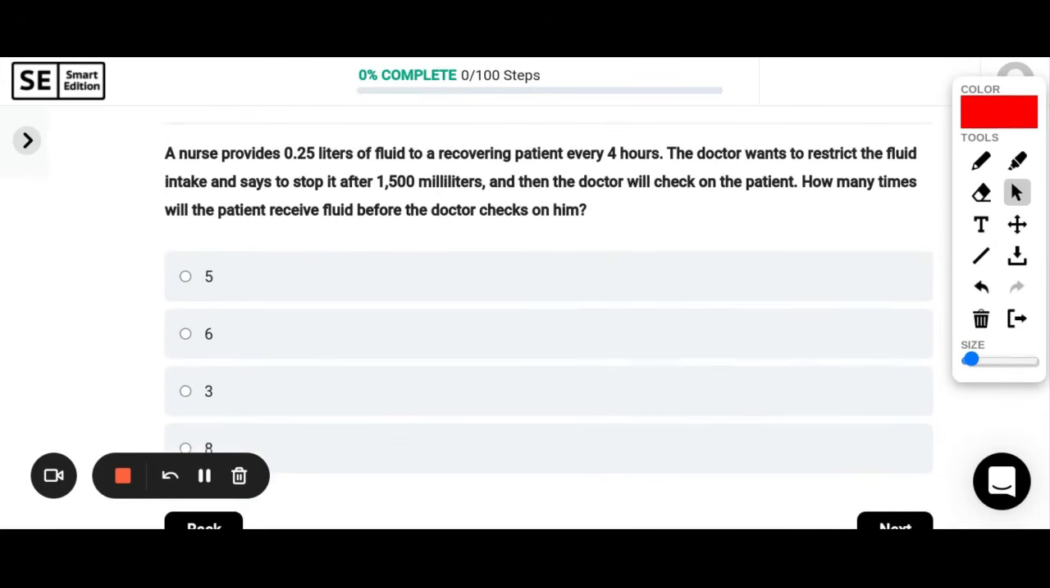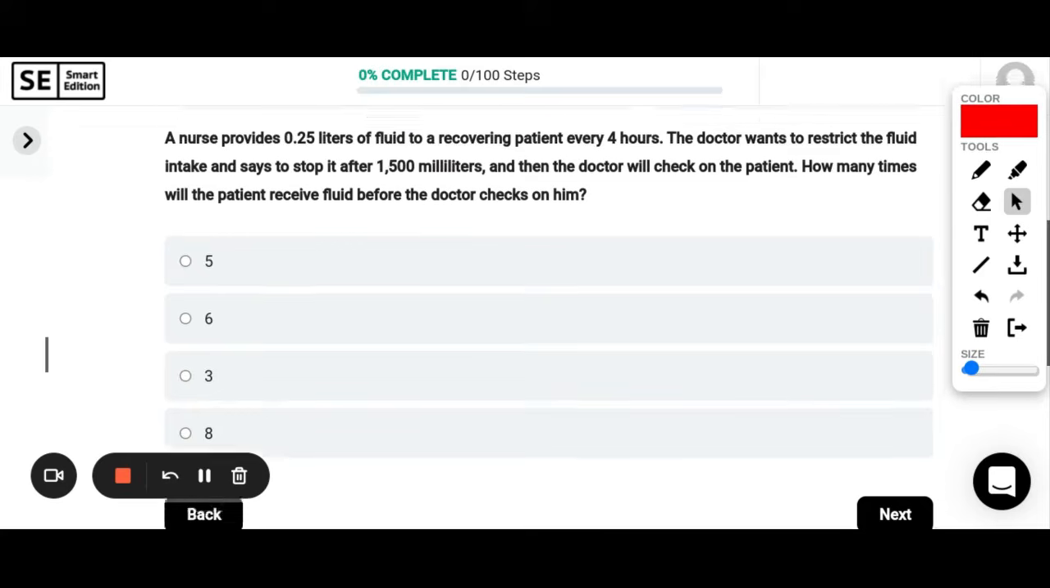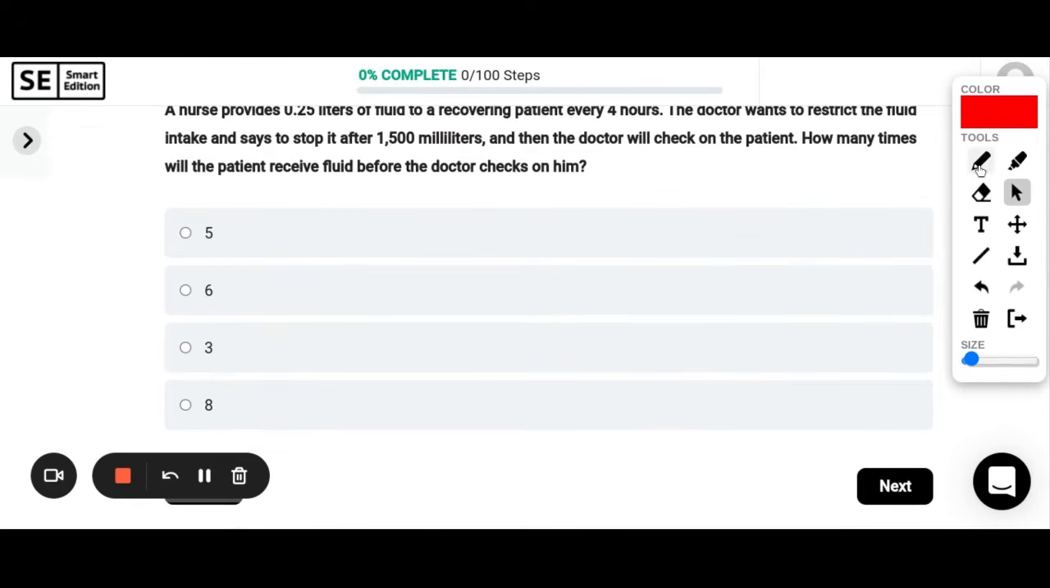Okay. A nurse provides 0.25 liters of fluid to a recovering patient every 4 hours. The doctor wants to restrict the fluid intake and stop it after 1,500 milliliters. And then the doctor will check on the patient. How many times will the patient receive fluid before the doctor checks on him? So we have